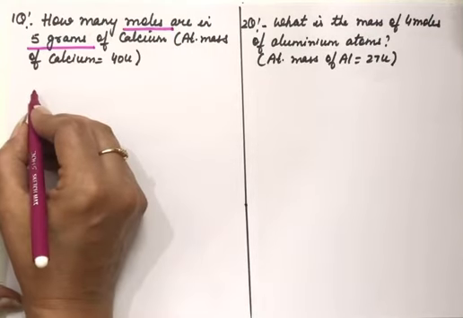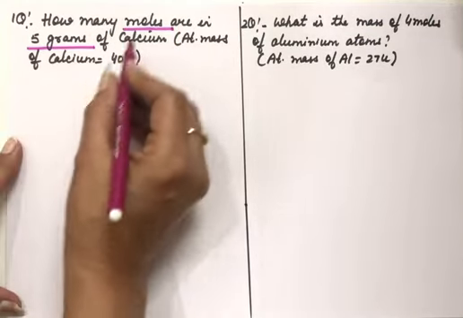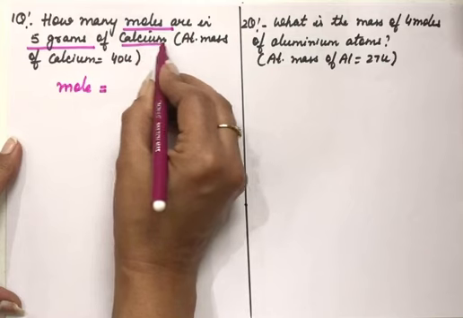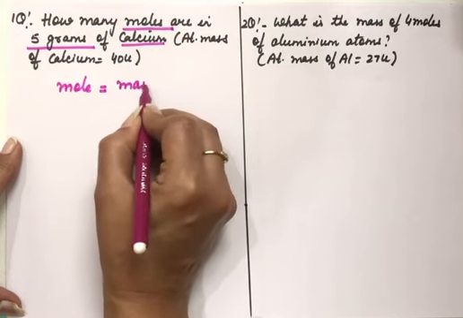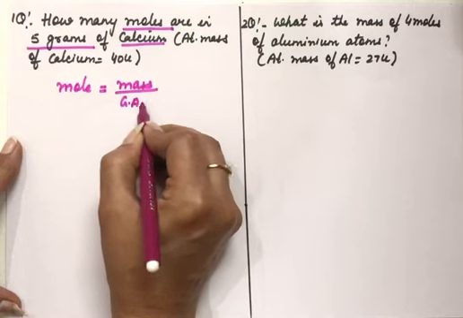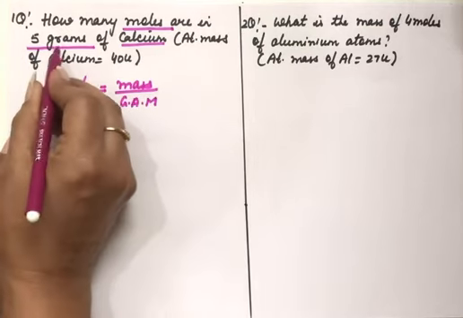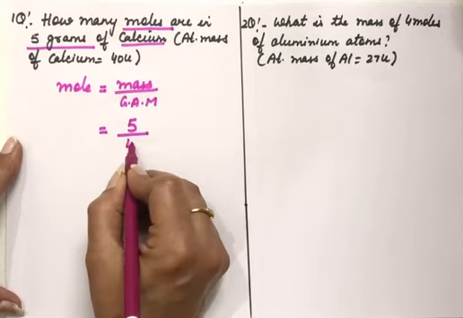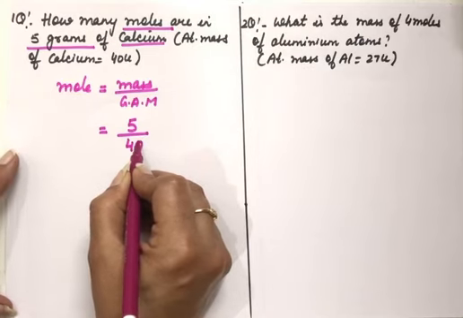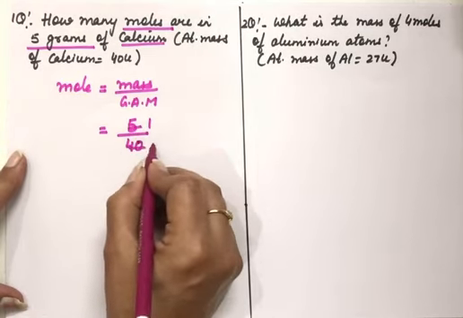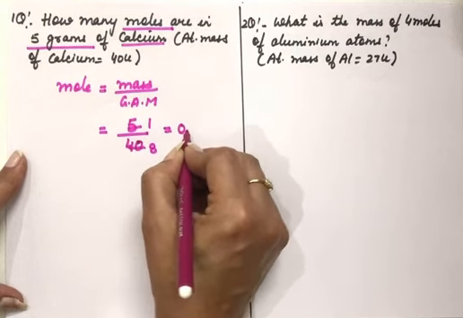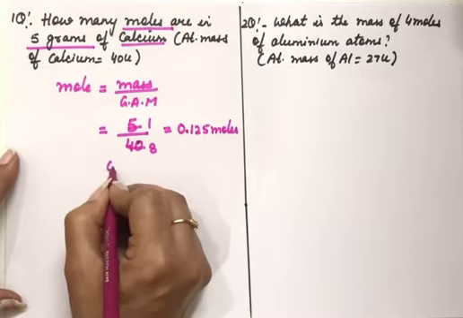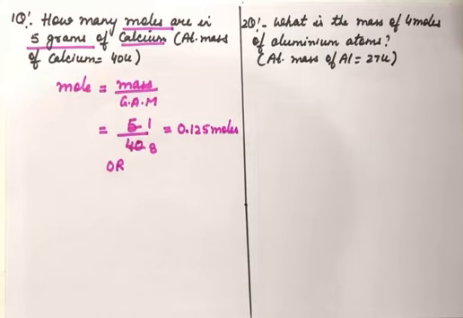So first I'm solving this question using the formulas that I've given to you. That is mole and mass, how we will relate. Since this is an element, mole is equal to mass upon gram atomic mass. Moles we have to find out, and 5 gram mass is given. Gram atomic mass of calcium is 40 grams. So solve it and we'll get 1 by 8, that will come out to be equal to 0.125 moles.